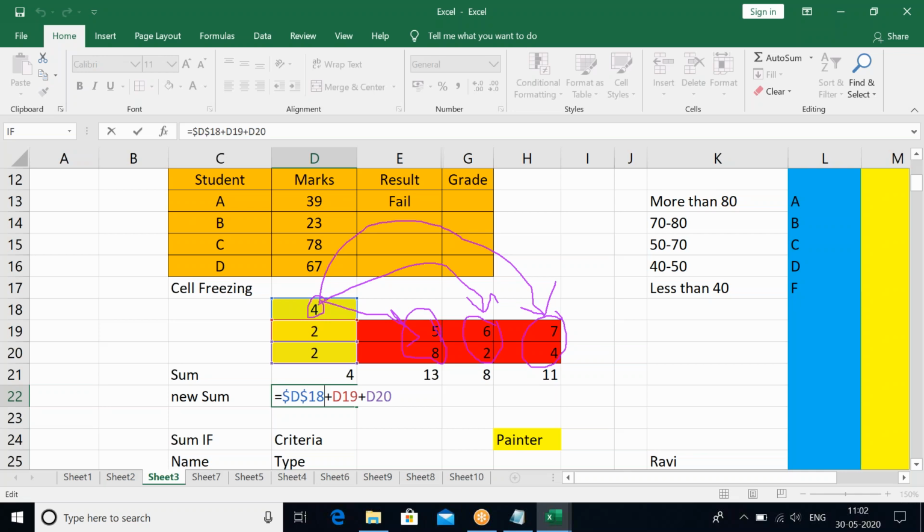It depends on how your keyboard is structured. कुछ के में F4 से आएगा, कुछ के में function F4 से आएगा. But if you're not able to sort this right now, in terms of you're not aware of how your keyboard is structured, आप